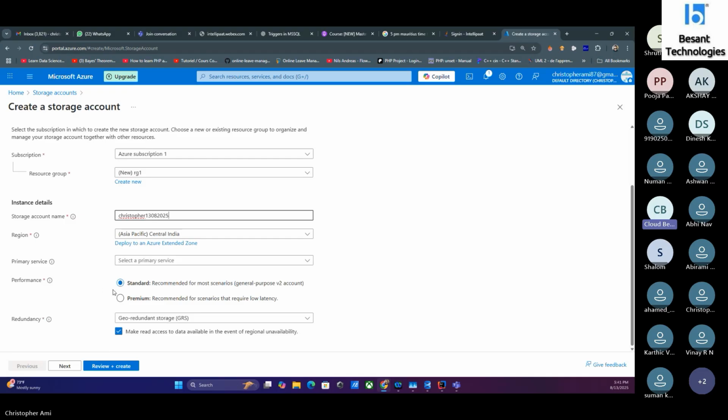There are two types of performance. One is standard, another one is premium. And you know the difference between the naming of standard and premium. So when you choose premium, you get the premium service of Azure. If you choose standard,